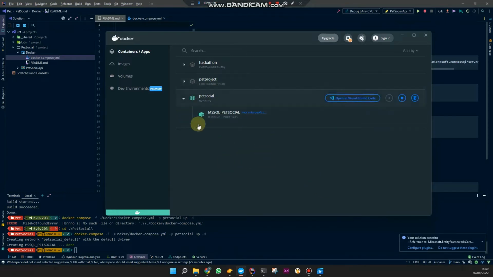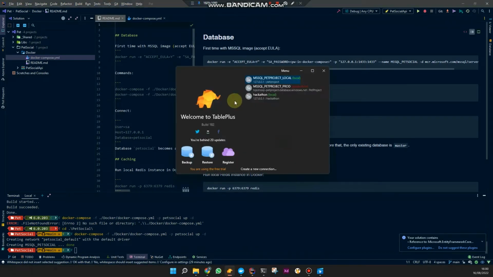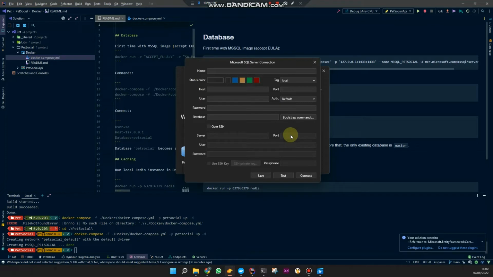But anyway, so now this is running locally. So we have Microsoft SQL Server running locally in Docker, in the Docker container. If we try to connect to this, I have a lightweight program to connect to it. It's Stable Plus, but I'm using the free trial, which really limits my functionalities. So yeah,